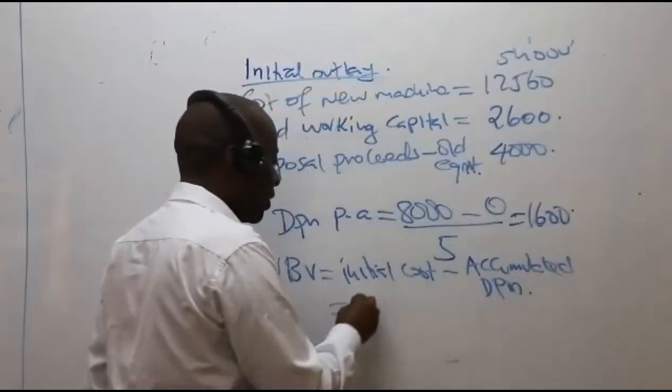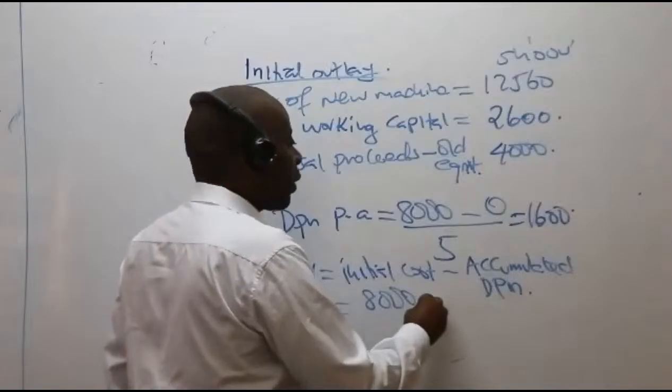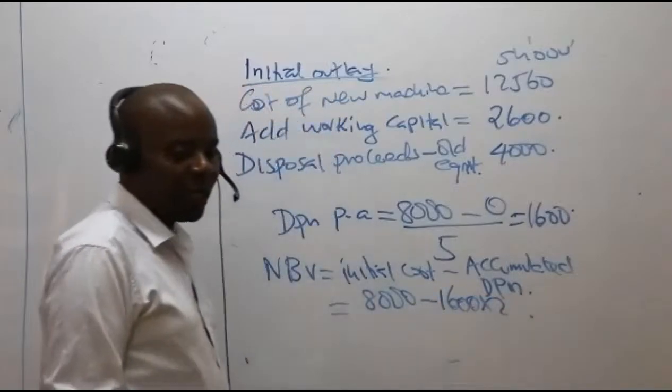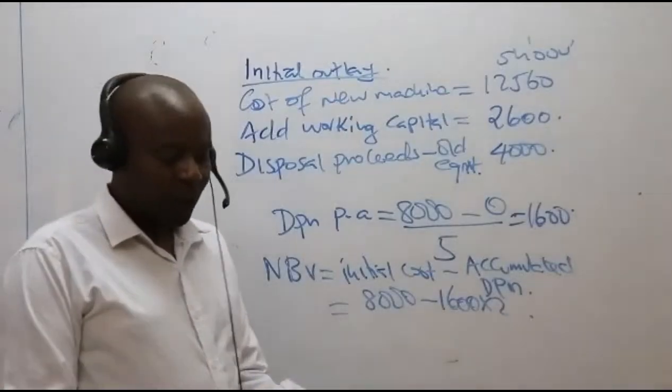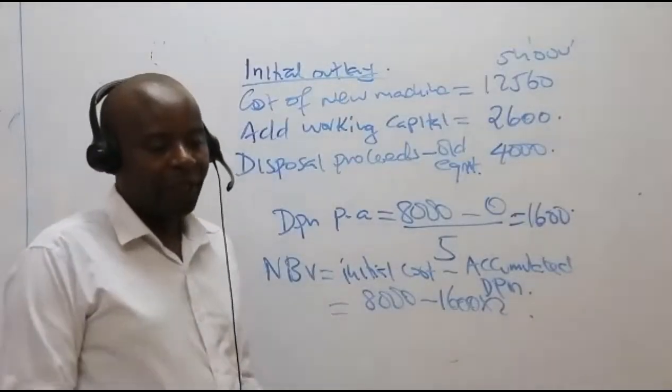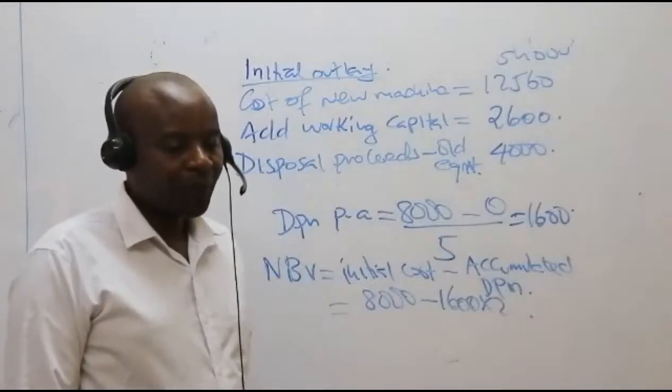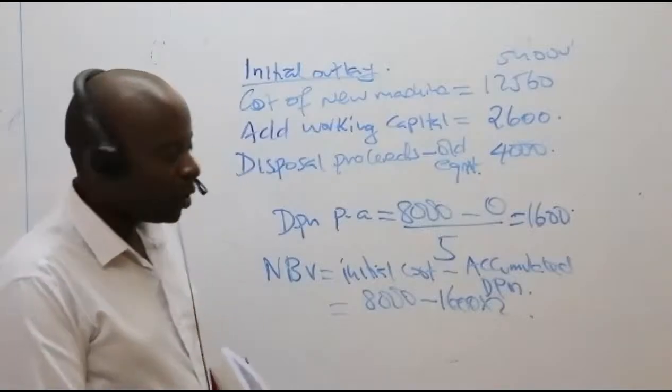The initial purchase cost here is 8,000. Accumulated will be 1,600 times 2, for the 2 years we have been with this machine. So net book value will be